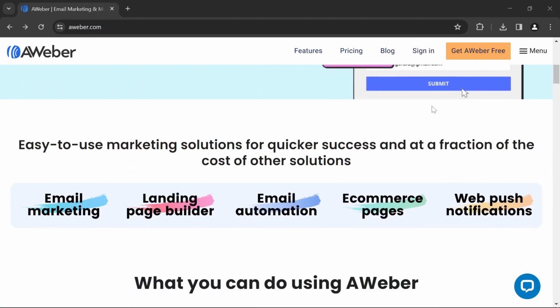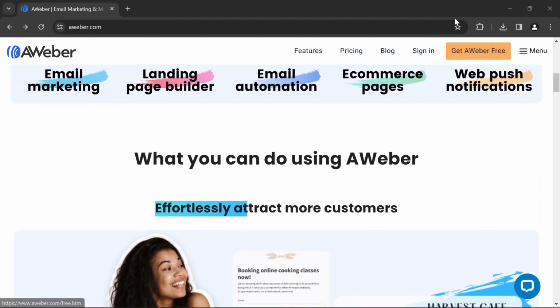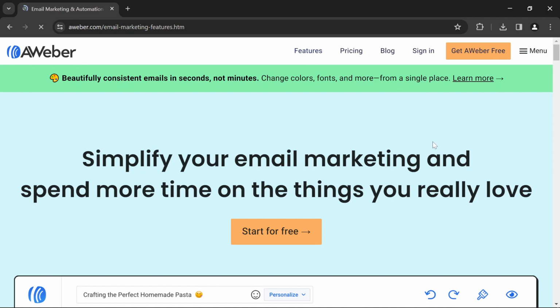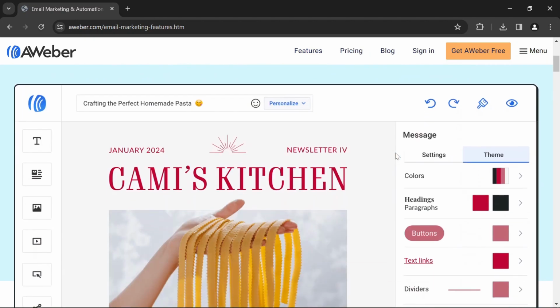Now, you can set up the actions you want to occur when someone subscribes to your list. This might include sending a welcome email, adding the subscriber to a specific segment or group, tagging them for future reference, etc. Once you've set up your actions, it's a good idea to test your automation to make sure everything